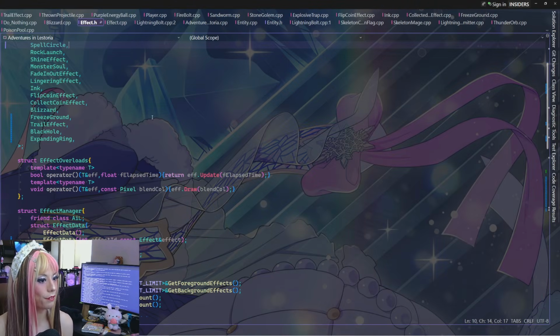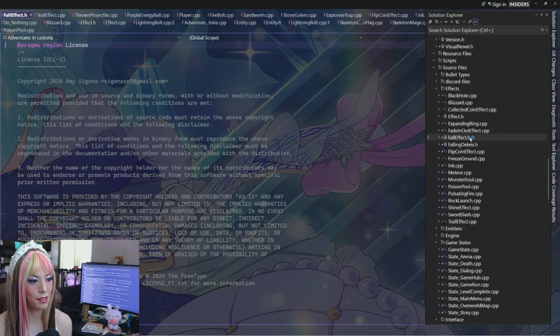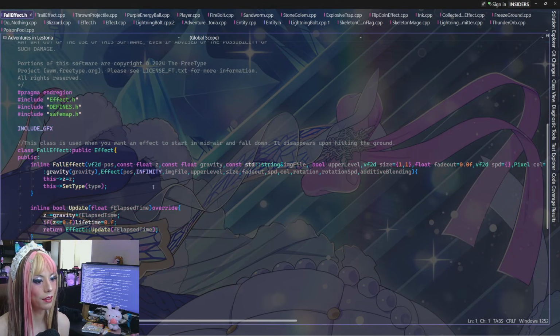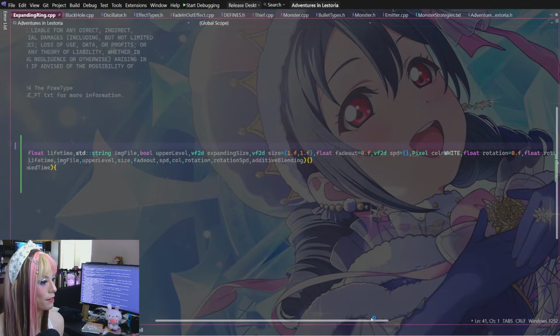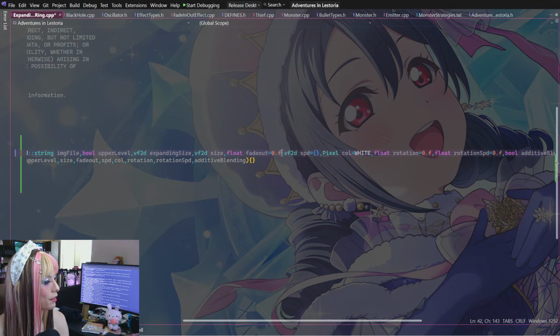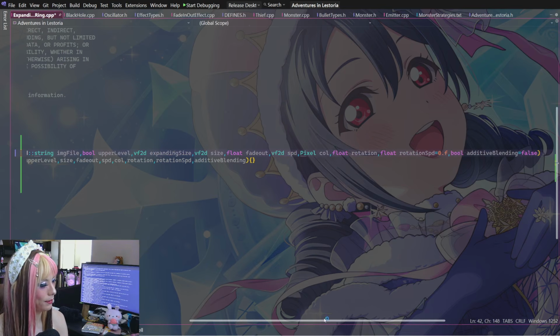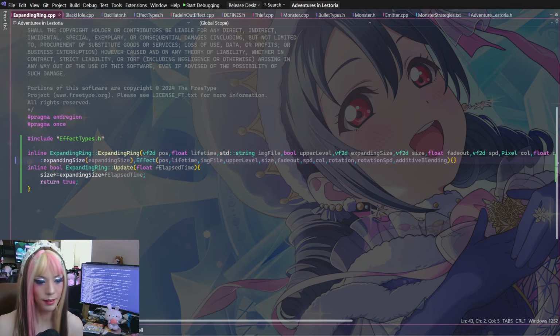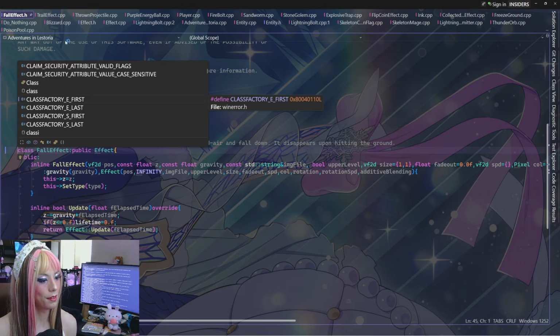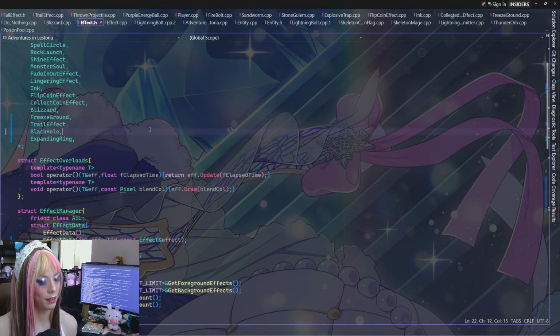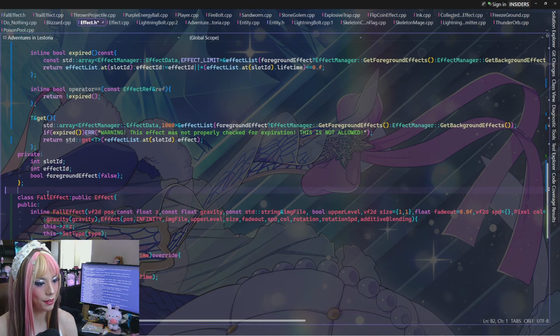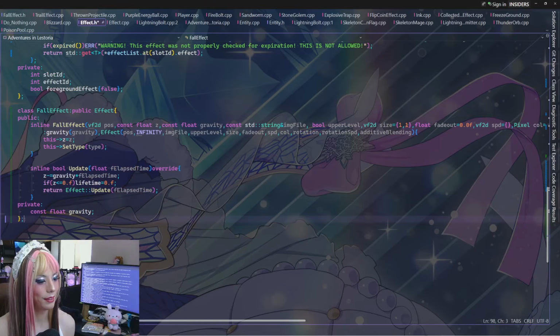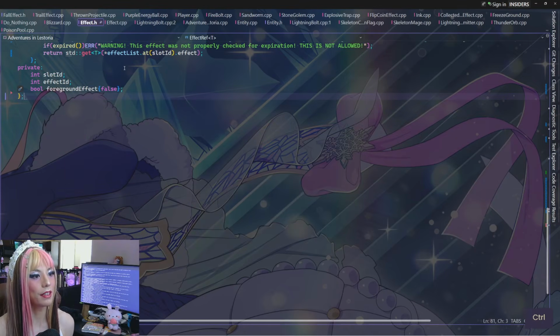And then we have the fall effect. Okay. So we have fall. Oh, did I remove defaults? I did not. Make sure we do that. Yeah, almost forgot a step. Okay. Good. Alright, fall effect. So this should be at the bottom of this file. And then these two. Wait, wrong file. Should be under effect types.h. I swear I moved it to this side. Am I crazy?